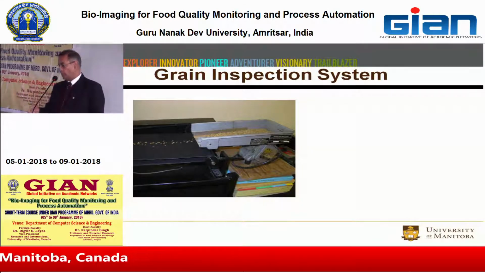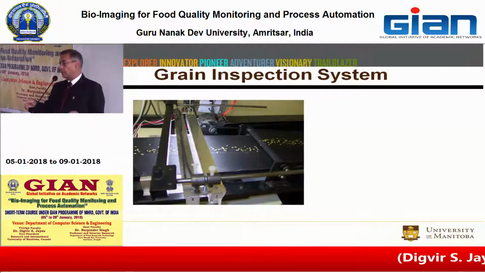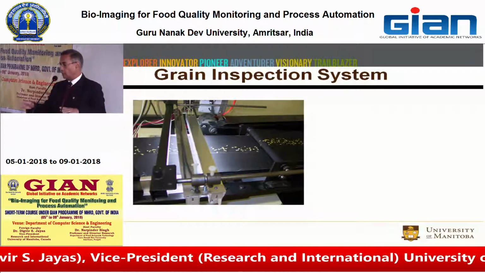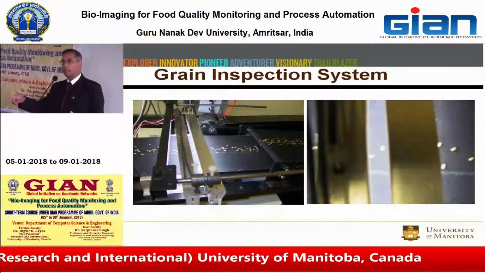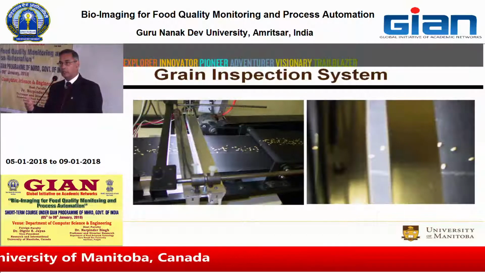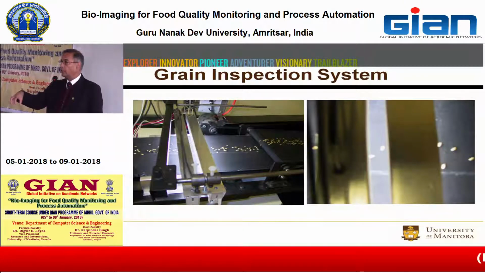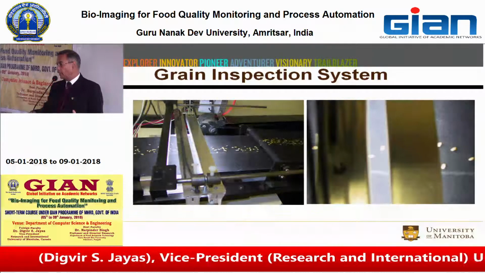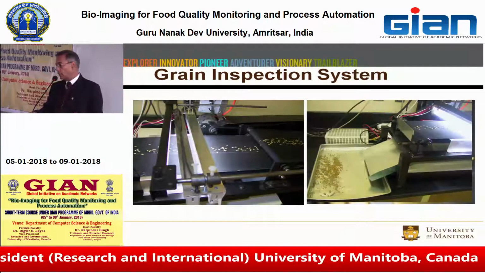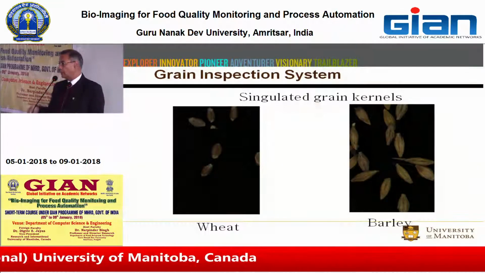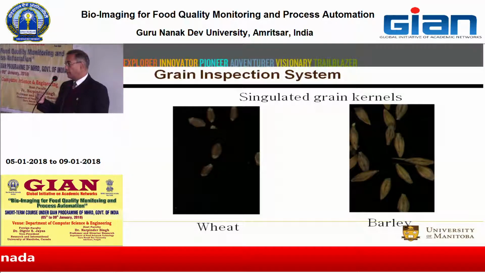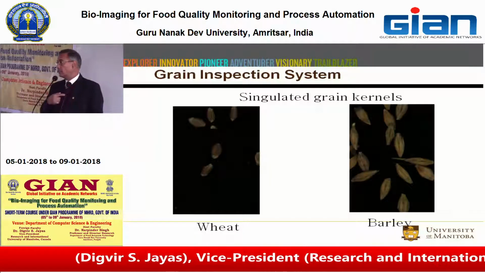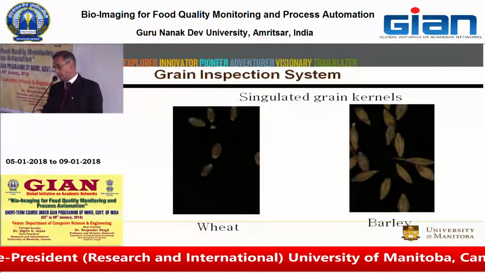This example shows that by using two belts with a differential speed, you can help separate or singulate the kernels, so individual kernels get presented to the camera. You put the bulk sample in the trough. It moves on the first belt, then it drops onto the second belt, which is moving at a higher speed than the first belt, and that basically separates the kernels. Then the separated kernels get presented as individual kernels, which the camera sees. Even though you put a bulk sample in the trough, you get individual kernels, you take the images, and then